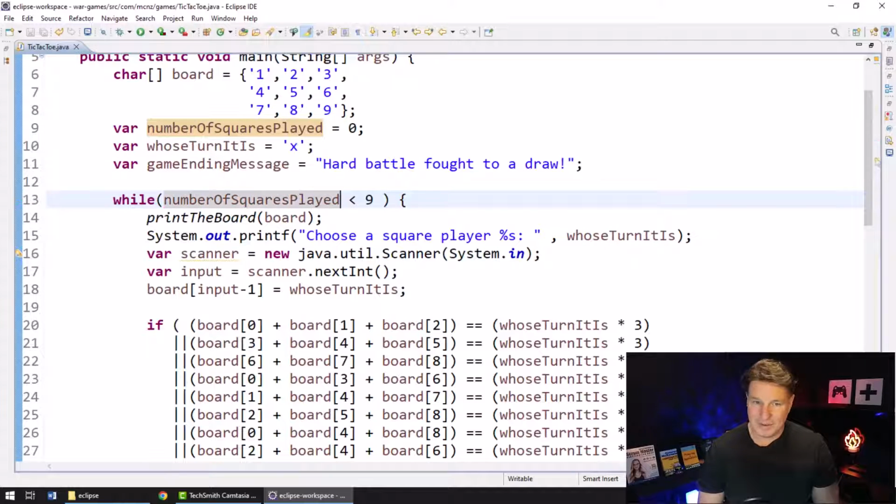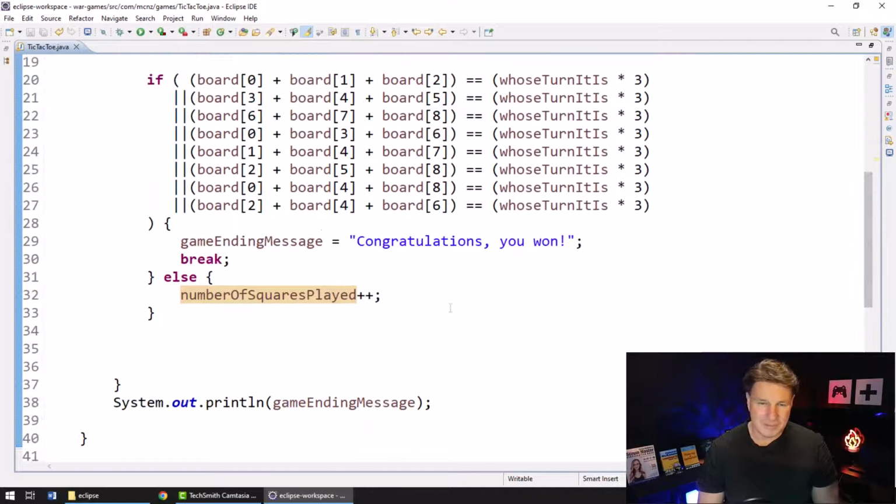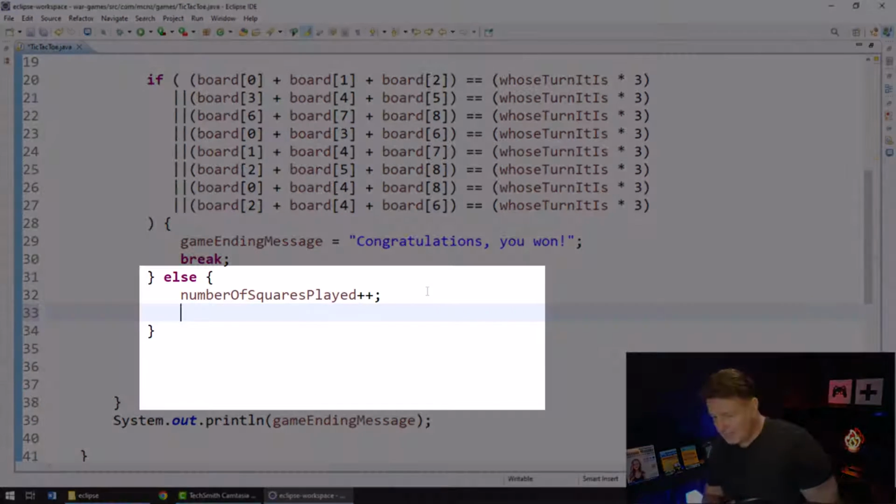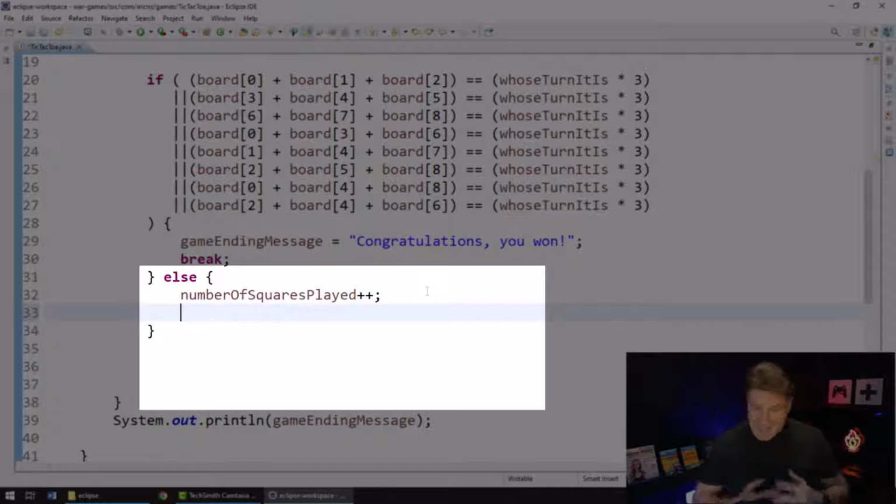You gotta name all of your variables consistently. Maybe they'll fix that in a future version. Okay, the number of squares played plus plus increases, and then we have to figure out whose turn it is,